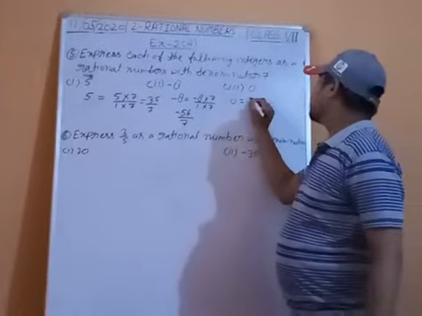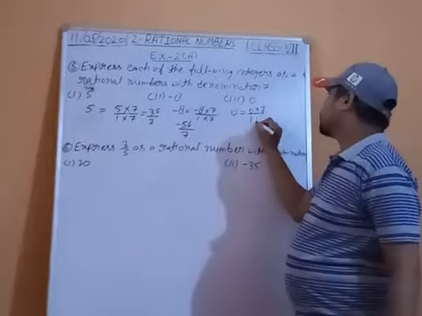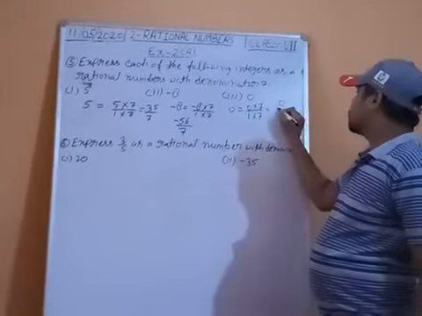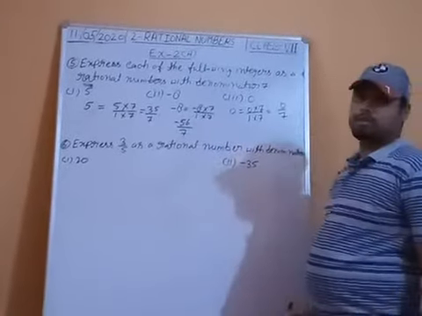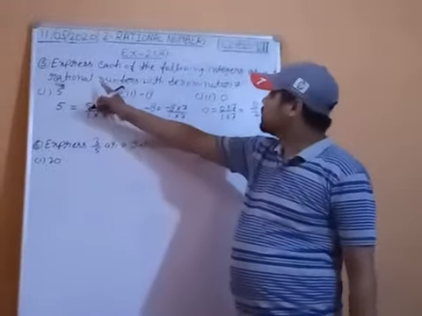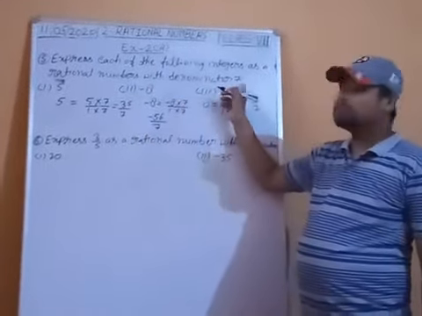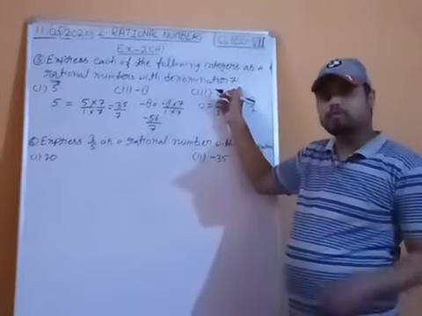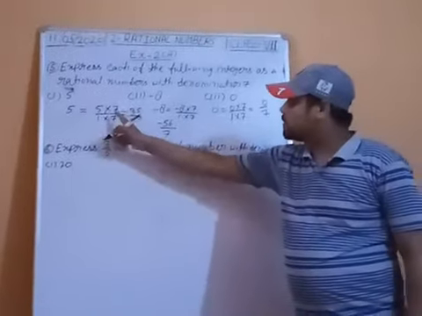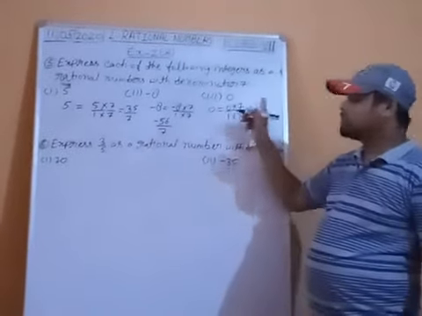Third part, 0. It means 0 upon 1. Multiply by 7, and in the denominator also multiply by 7. So 0 7s are 0, 7 1s are 7. The denominator is 7 here. What is the question asking? Express each of the following integers as a rational number with denominator 7. So we multiply numerator and denominator both by 7. We get in the first part 35 upon 7, second part minus 56 upon 7, third part 0 upon 7.